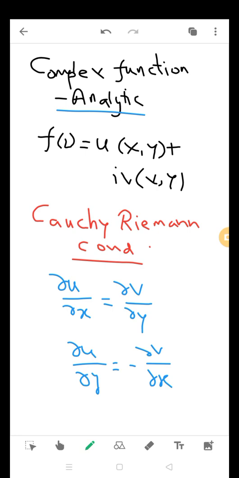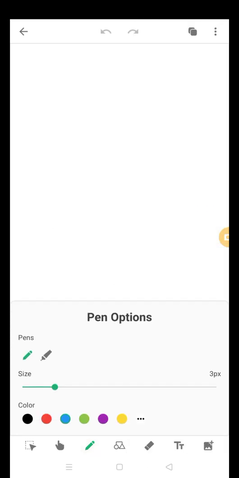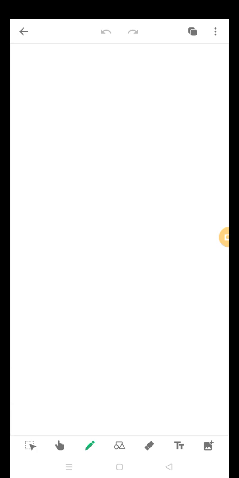And if we find the complex function f(z) is analytic